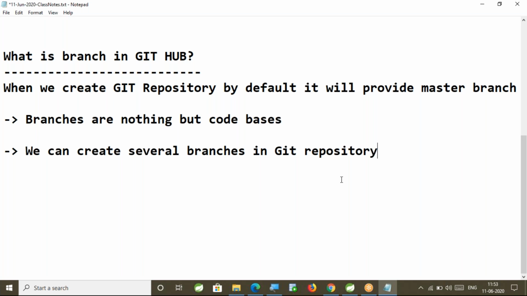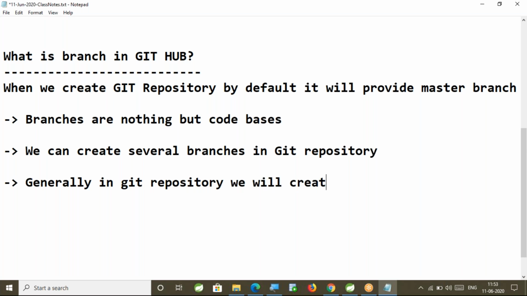We can create several branches also in a Git repository. Generally in a Git repository, we will create branches with names like below. The master branch comes by default. We do not need to create that.